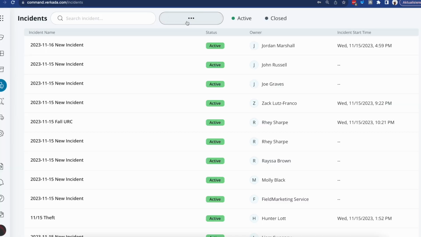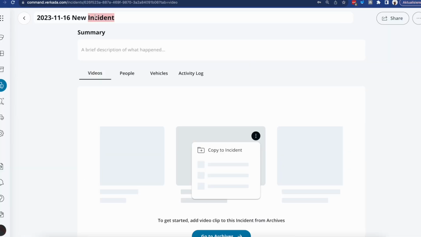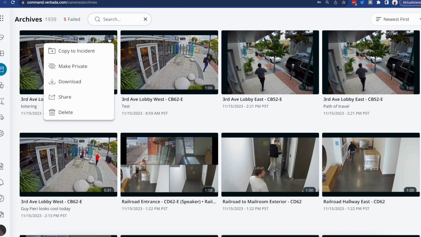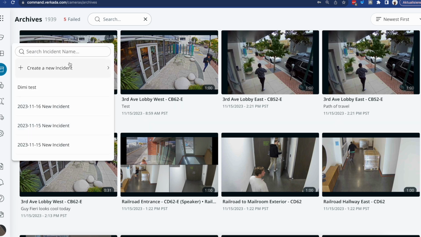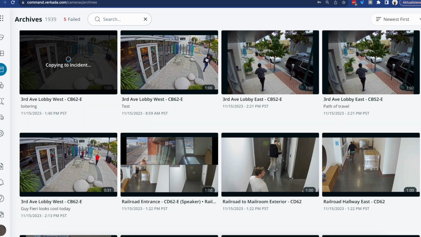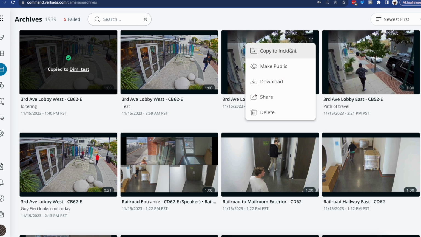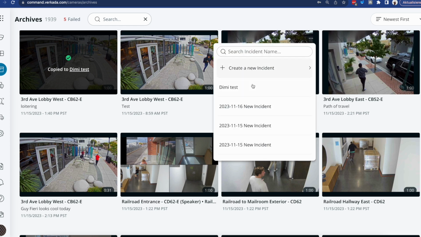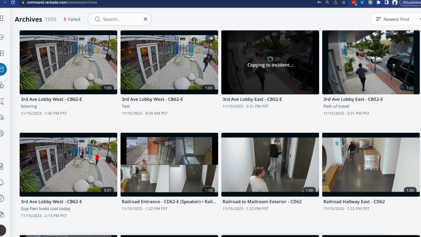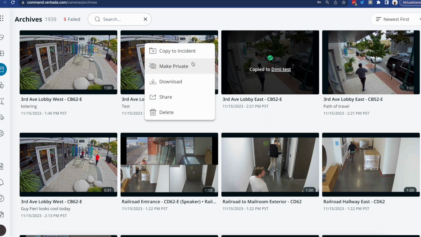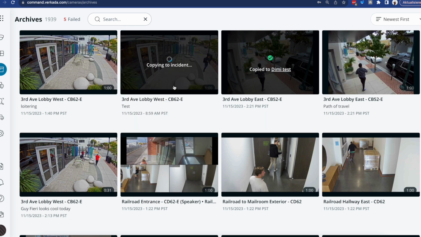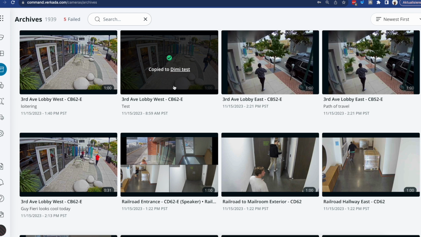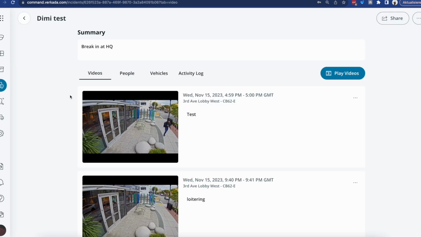For example, I can create a new incident. I'll give it a name, a summary, and go into the archives and select a few of them. So all I need to do is copy each of them to the incident. So if I go back to my incident, I can see the archives have